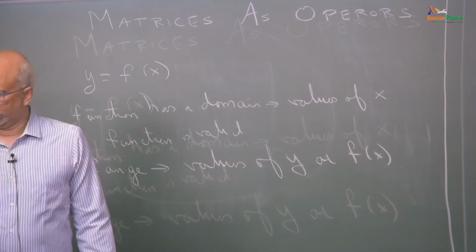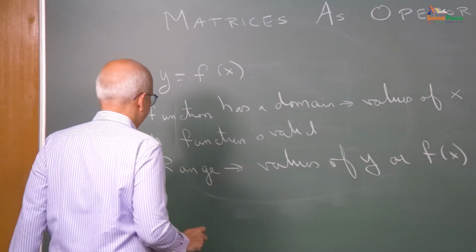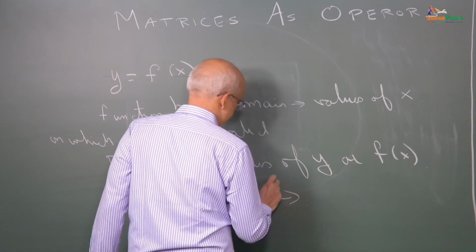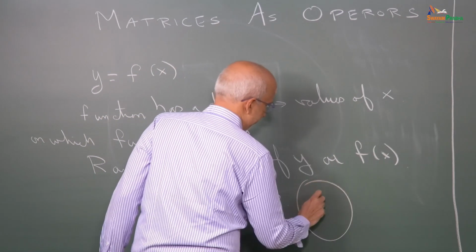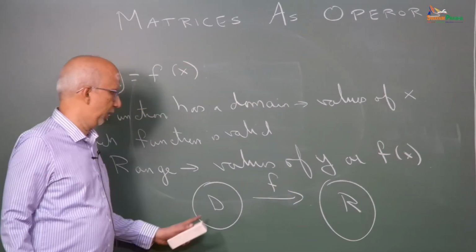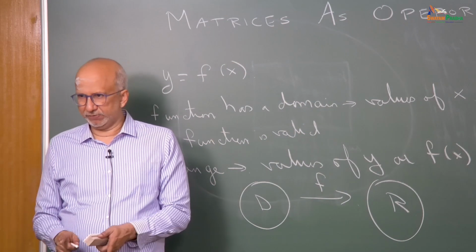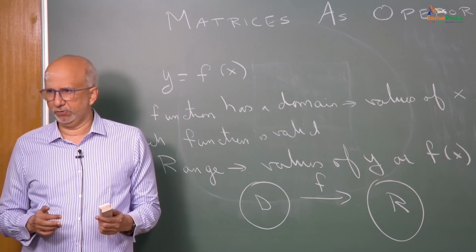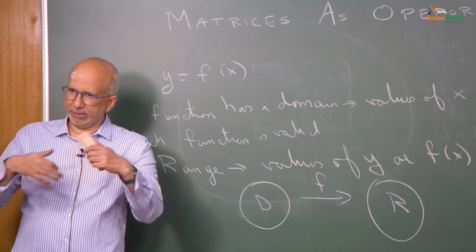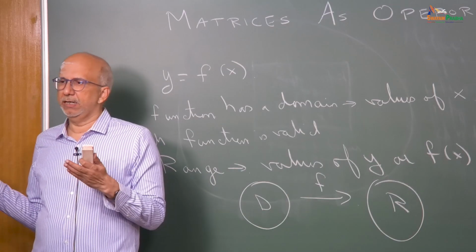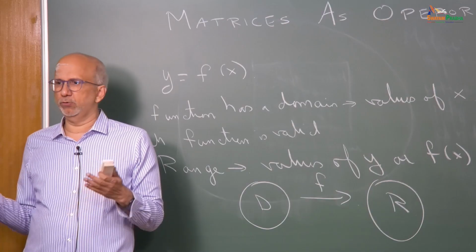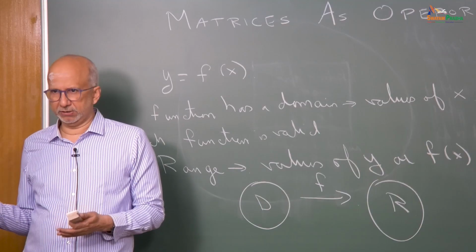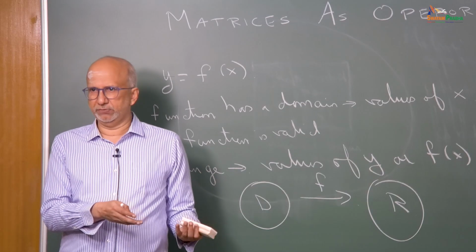Okay. So basically what does f do? F will take domain and you get range. So domain is basically the set of x values, okay. It could be 0 to 1, minus 0 to infinity, whatever it is, on which f is defined, and you get a bunch of y values. So basically it maps the domain into the range, okay. It maps whatever values of x it is acting on, and you get another set of values which is the range.